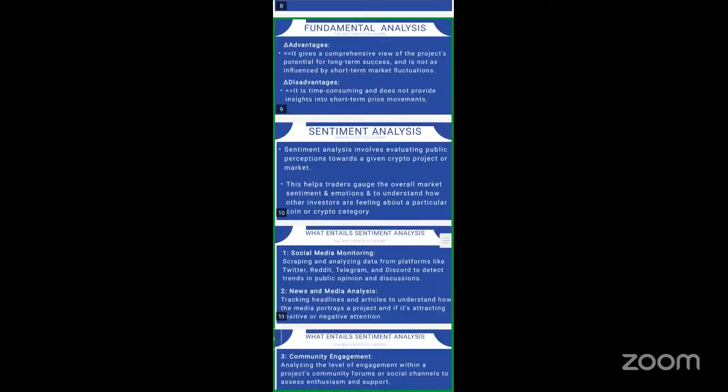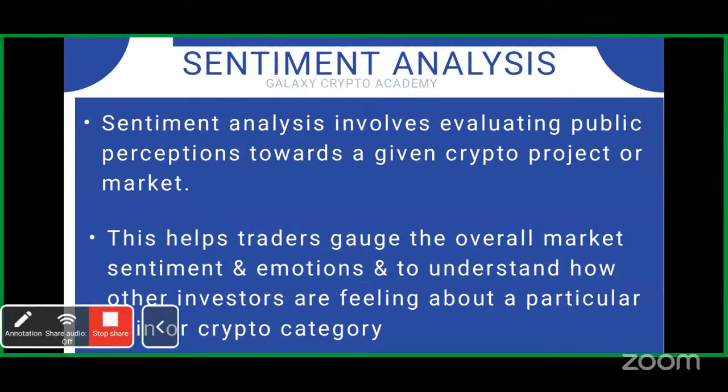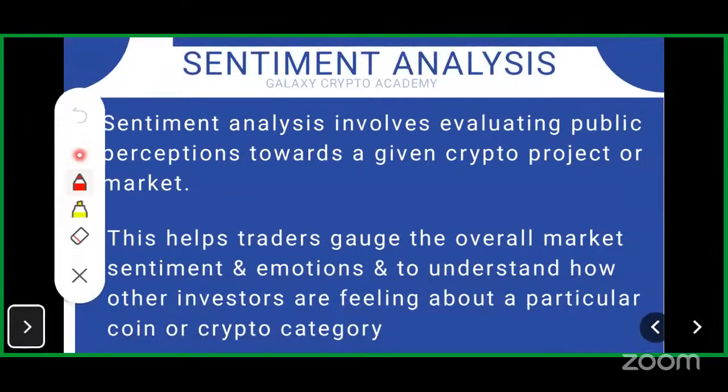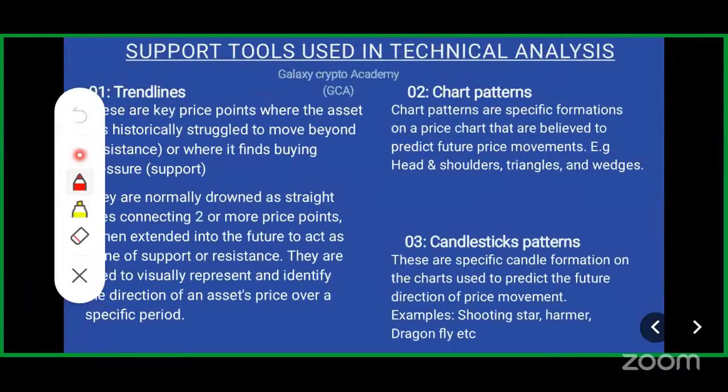We looked at something like this: when we introduced technical analysis, we said that in an attempt to have a proper view of the market and then make informed decisions with regards to whatever you want to do in the market,